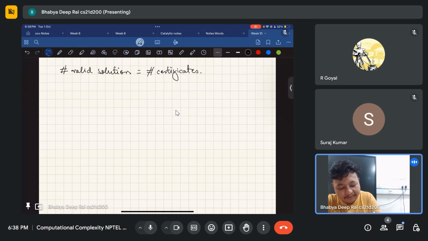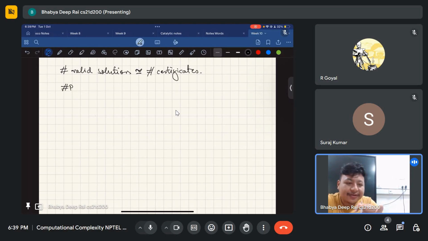Okay, which is close to, not exactly equal, but close to the number of certificates. It may not always be equal. The number of valid solutions is close to the number of certificates. We don't want to count this number of certificates. Is there any possible analysis for that? That is the question. Now we have the idea of the sharp P class,